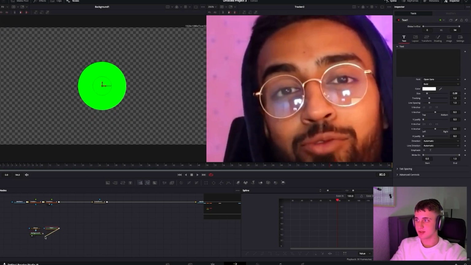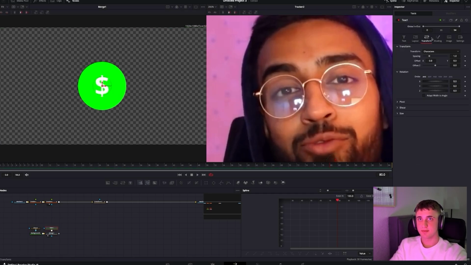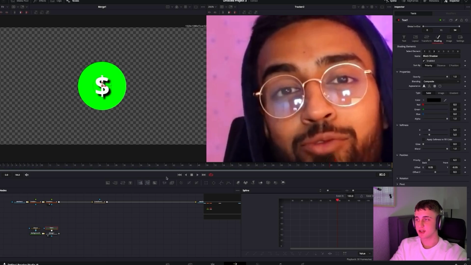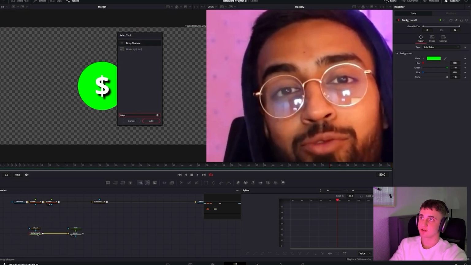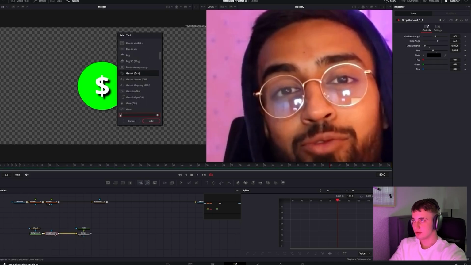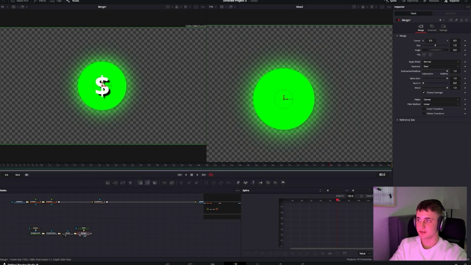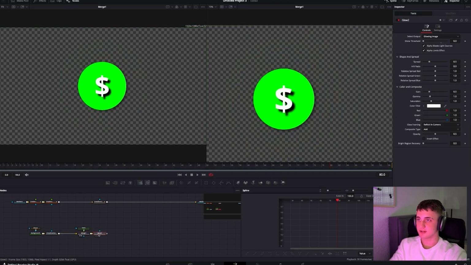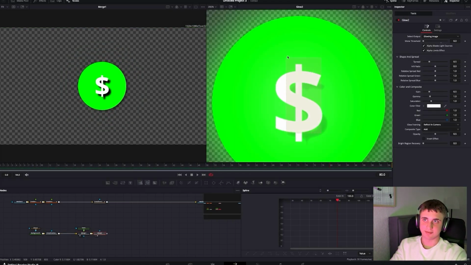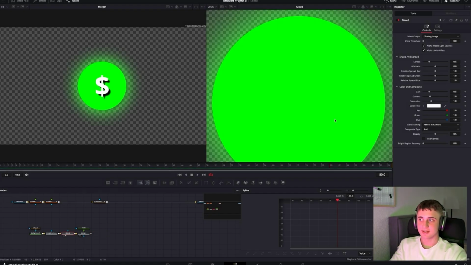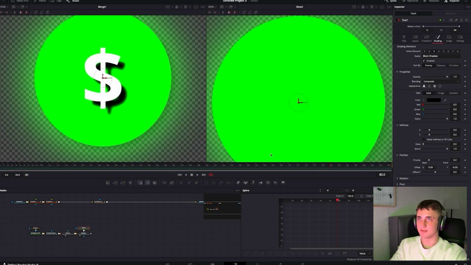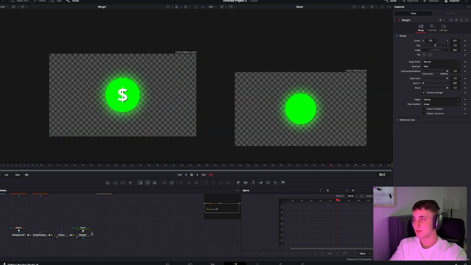So let's get some text, put in a dollar sign, make it a bit bigger, and add a black shadow. Actually, add the drop shadow before, and a glow on the thing. We don't want to add the glow after, because if we add it after it's going to cut the white. It looks better when it's on top of it. Make it a bit further like this. So let's make it pop.